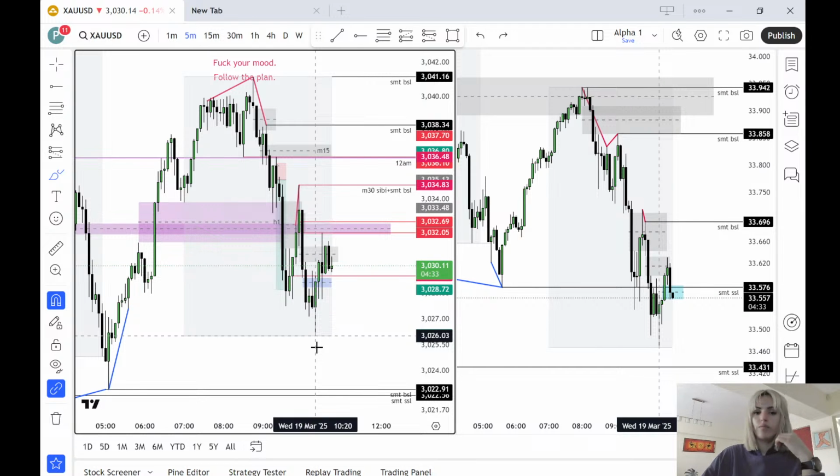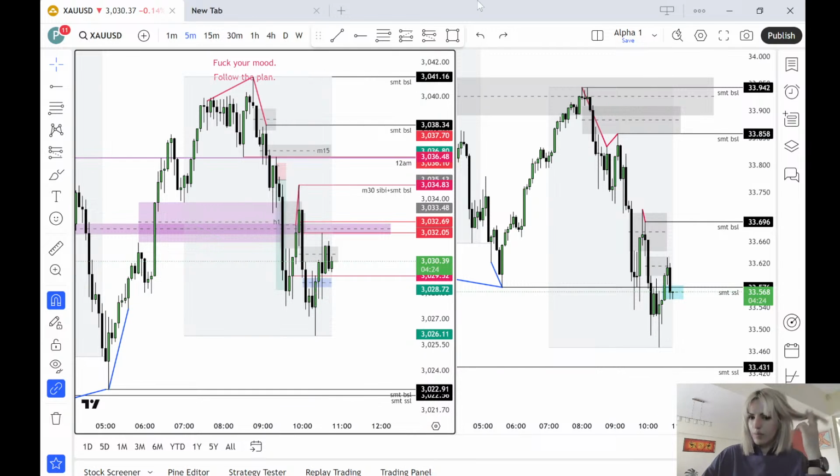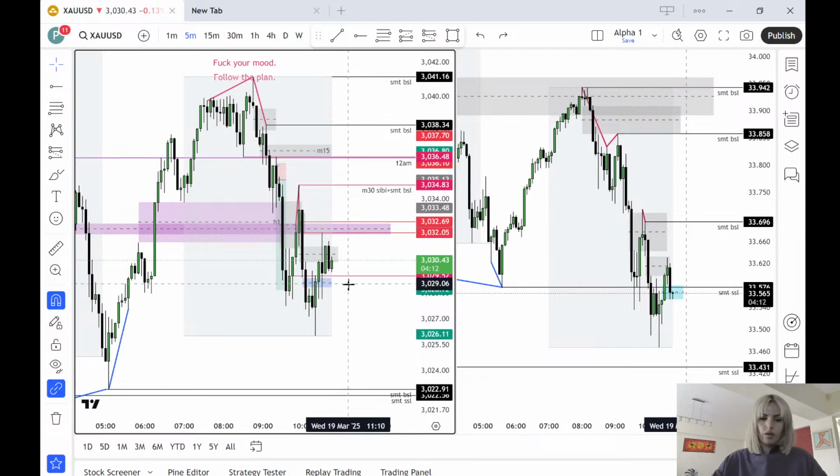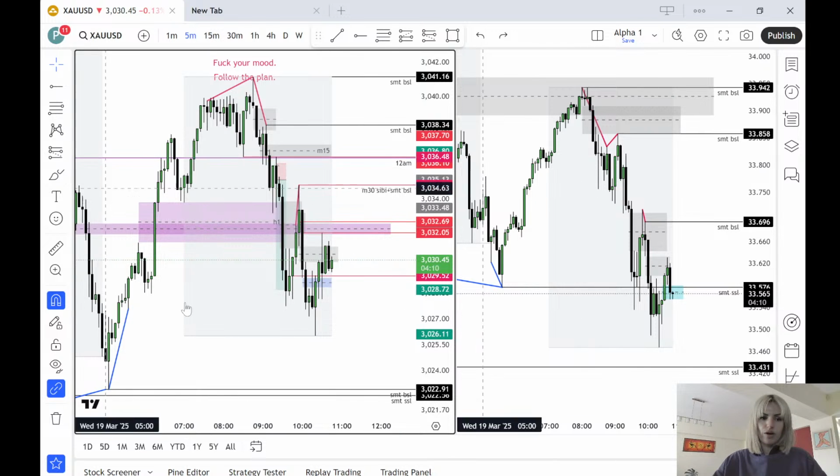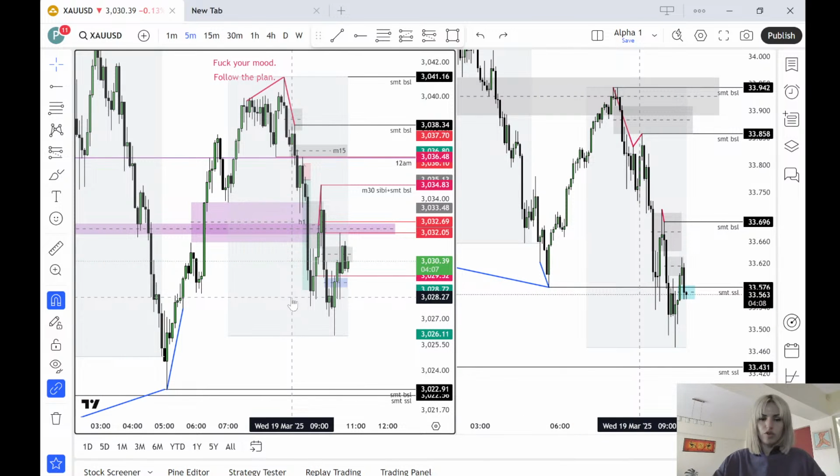So if you see SMT divergence at lows, you could look to pair it with other ideas that would indicate a possible bullish scenario. And when you see SMT divergences at the highs, you can usually pair that with different scenarios that would indicate price potentially looking to go lower. At the same time, if price is going to create an SMT divergence,